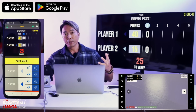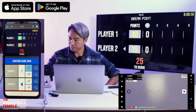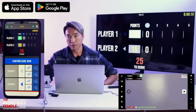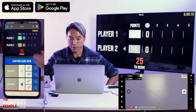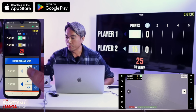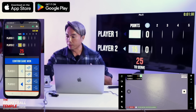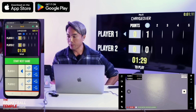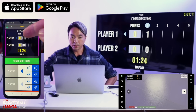On the next point, player 1 will win the game. So if I click plus again, you're going to see that the score here turns green. It doesn't go to 45, but it turns green. And you have the option to click on confirm game. Or if that was hit by mistake, you can do a minus point here to go back to the match. But let's say I want to confirm that that game was won. I just hit the confirm game won button, and that's automatically going to increase the games won in the set 1 column here as seen,